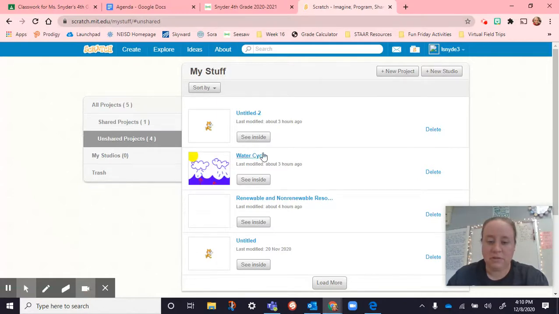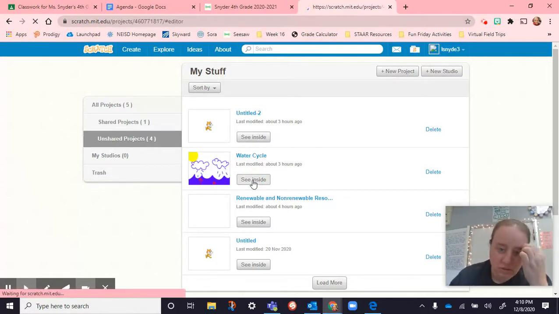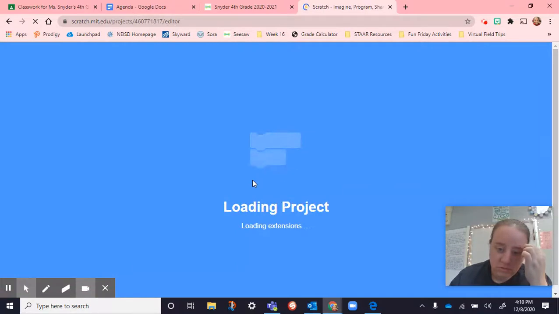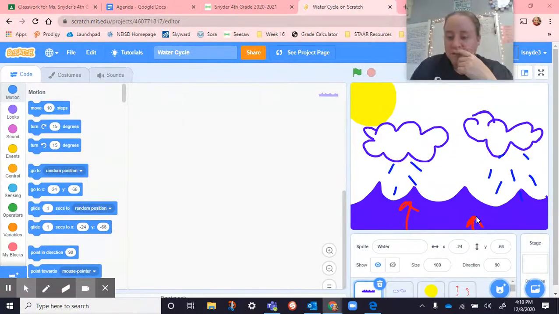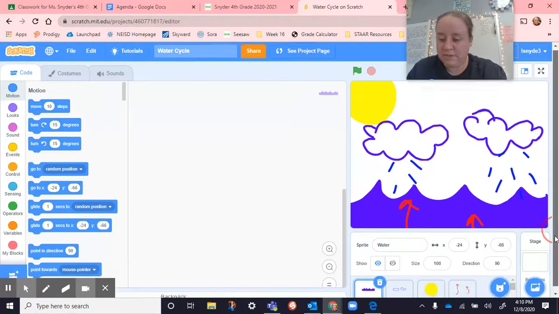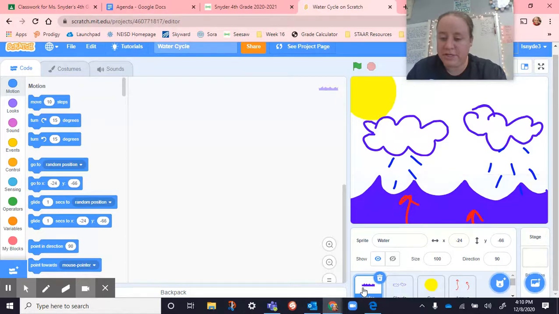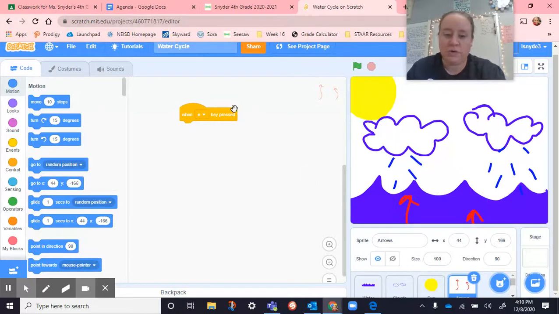All right, so this one here. All right, so let me move me up here. So here's what I have so far. So I started making a new one. So I've got the water down here on the bottom. I've got my clouds. I've got my sun. I've got my arrows. So I'm going to start doing the coding now for